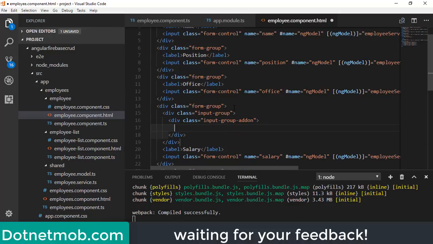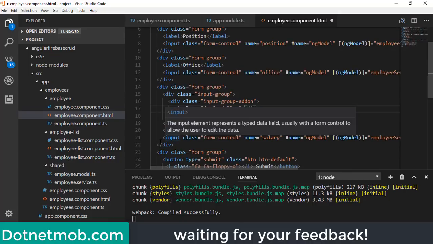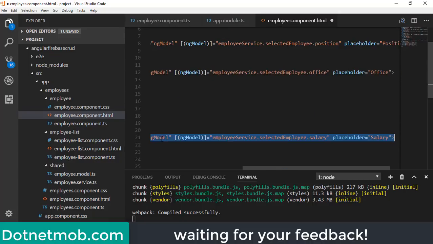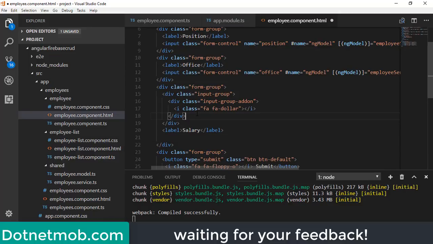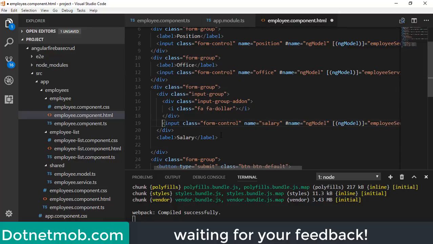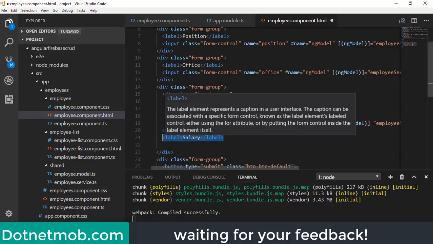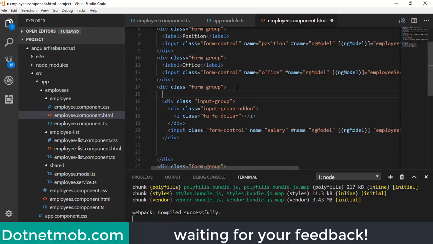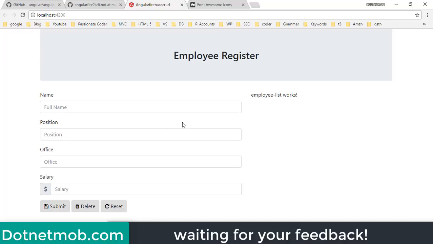Inside that we can add the I tag with class far, then far hyphen dollar. Now we will move this input element inside this input group div, and we have to keep this label before this div. Now let's check our application here. So here we have added the dollar symbol for the salary text box.